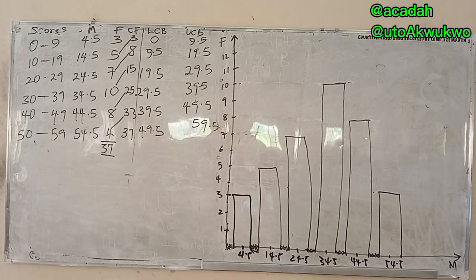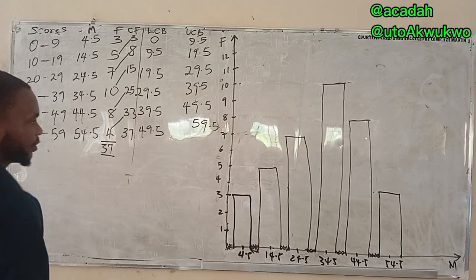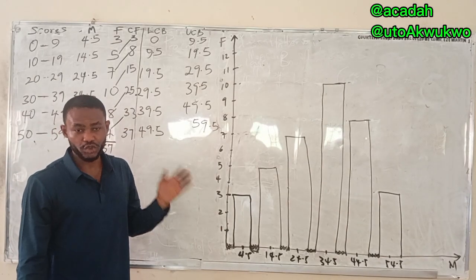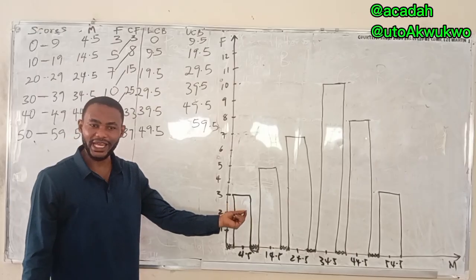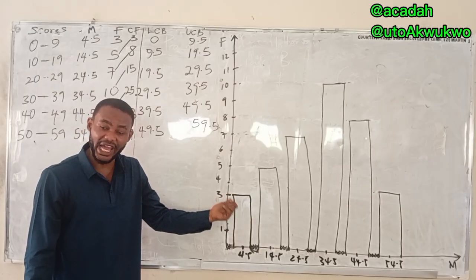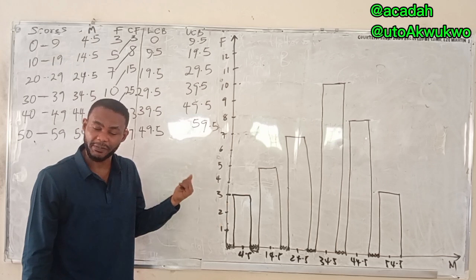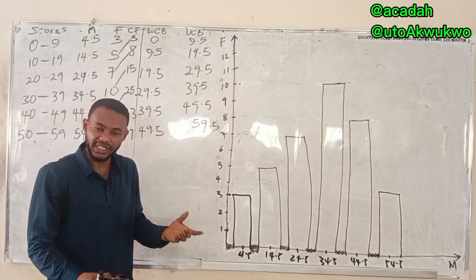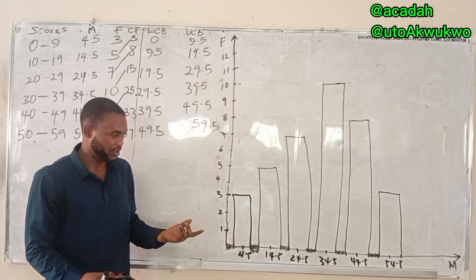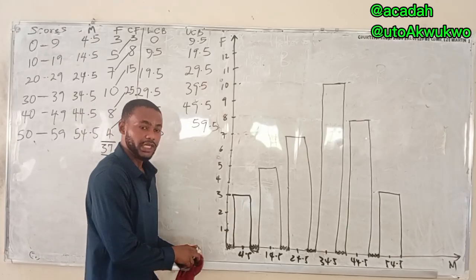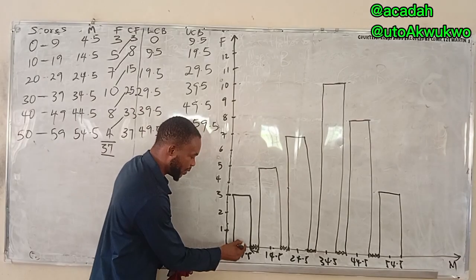But assuming I want to do histogram, before histogram, let's do line graph. See, bar chart is the same thing as line graph. The only difference is that line graph is a statistical display diagram without thickness, or you say without rectangles. So it has no thickness. What I mean by thickness is that it only starts from the center. It points to the center.